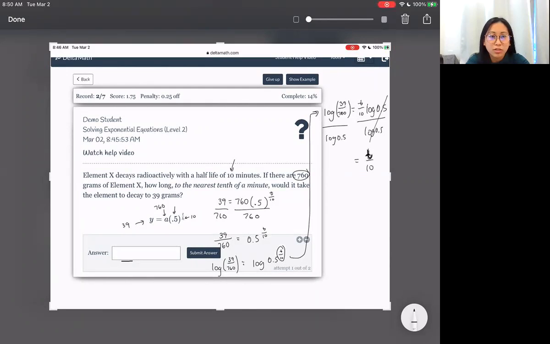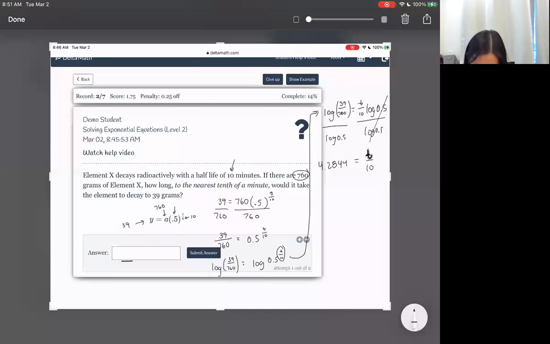And so this time, instead of doing it on my phone's calculator, I'm going to pull up Delta Math on my computer, and I will type it in there. So I just typed it in, I got that amount. And so this is equal to t divided by 10. So once again, to get t by itself, you need to get rid of that 10. So this is t divided by 10. I'm going to multiply by 10 so that I can cancel out that, because dividing by 10 will cancel out with multiplying by 10. And this will give us